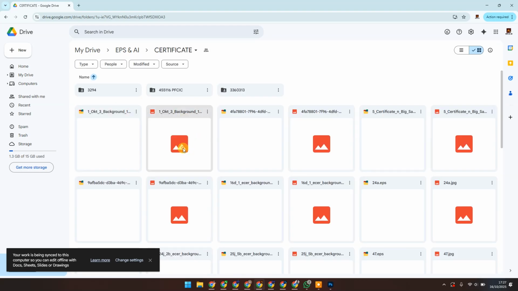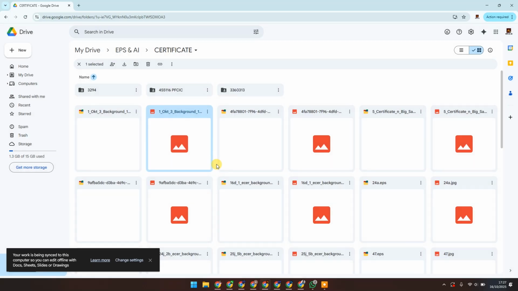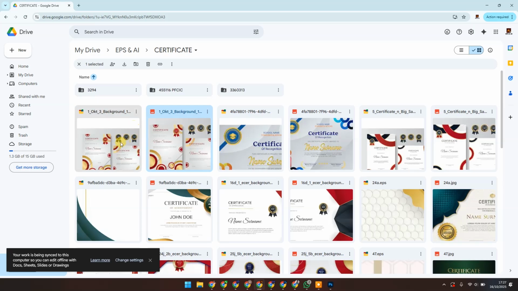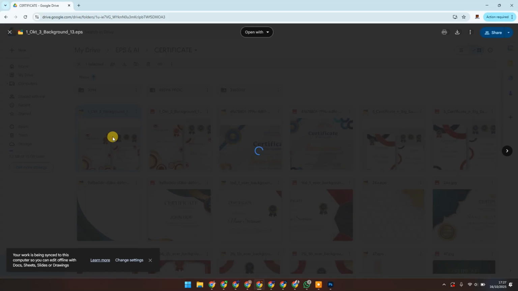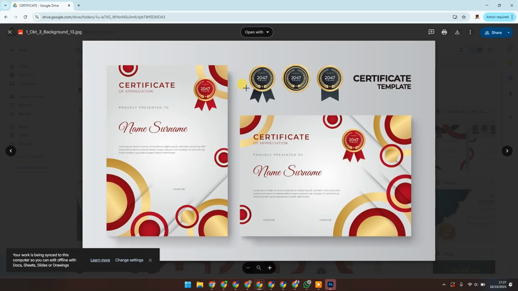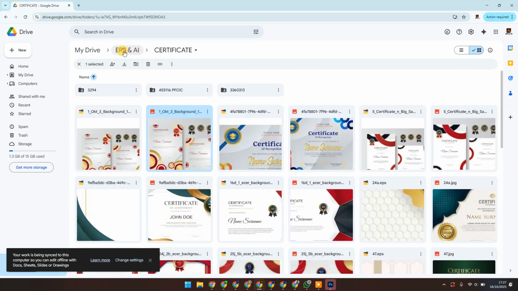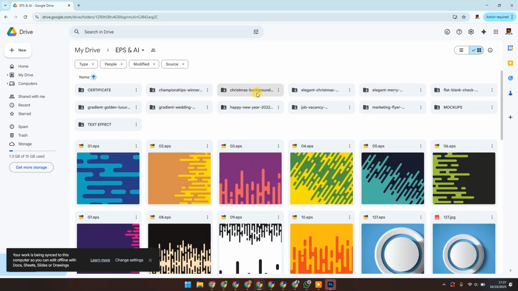So let's open the certificate. In the certificate, we have certificate backgrounds and wonderful and amazing certificates and text effects. So as we can see down here, this is the EPS. It will not open, despite it's previewable, but it will not open. So we double click on this, and as you can see, this is a wonderful certificate background and it's fully editable and customizable, and the fonts,